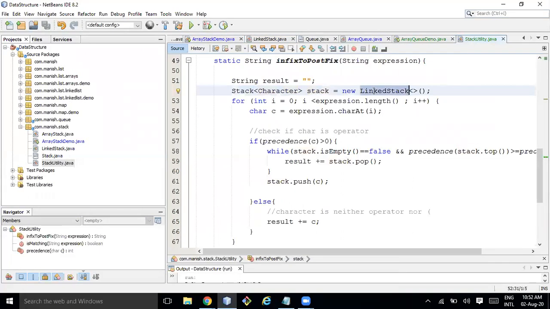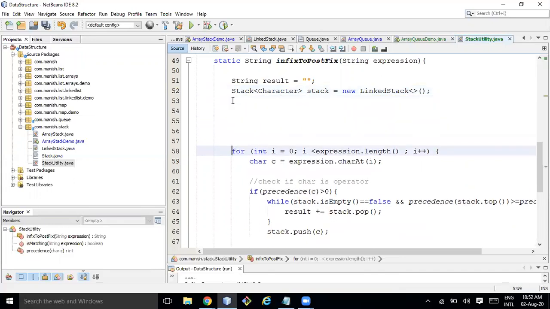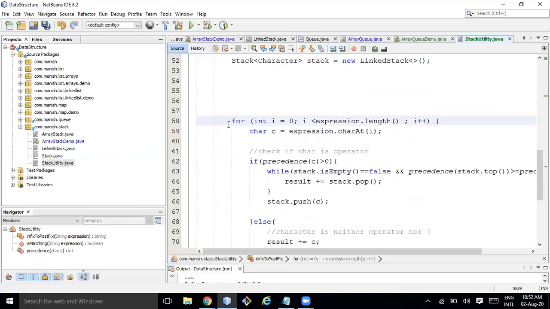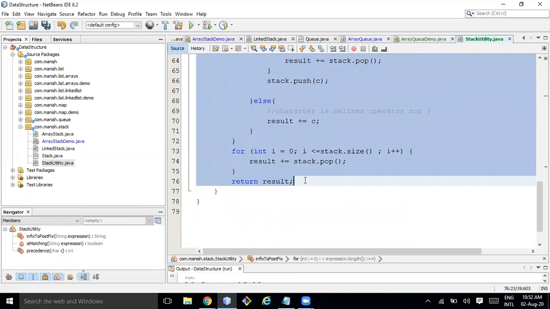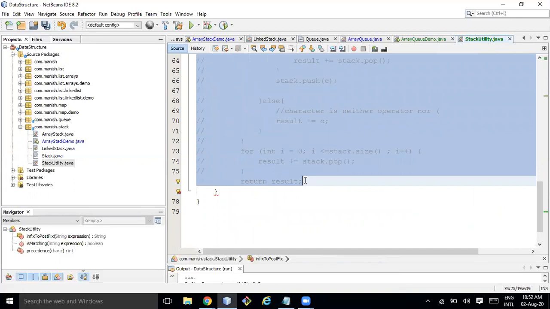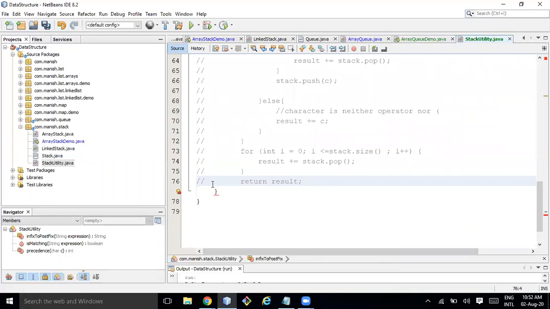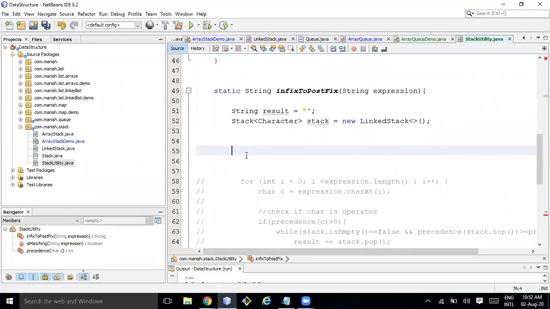Now we need to traverse. Let me write it for you guys. I just commented it out. Finally I will be returning the result, whatever result is coming.